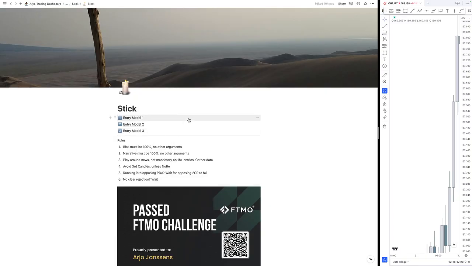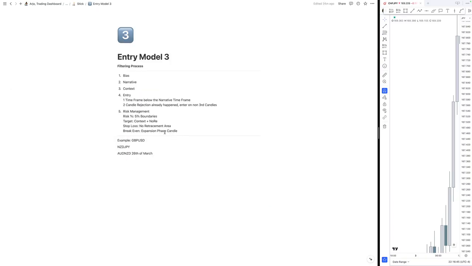Then from entry model 2, I want to move on to entry model 3 right there. And again, it's the same thought process, filtering process, bias, narrative context, all the same. Entry, 1 time frame below the narrative time frame. So it's the same as entry model 2. 2 candle rejection already happened. Enter on non-third